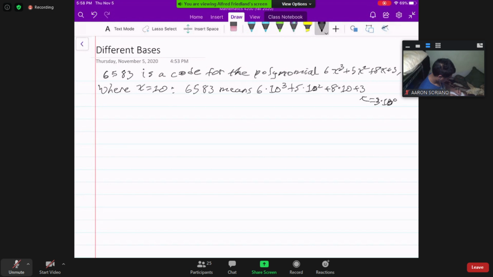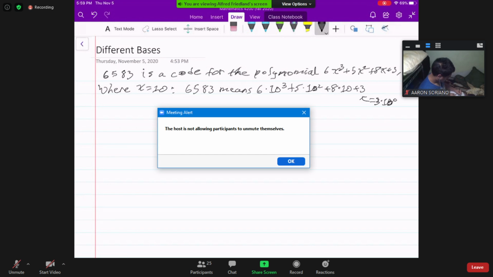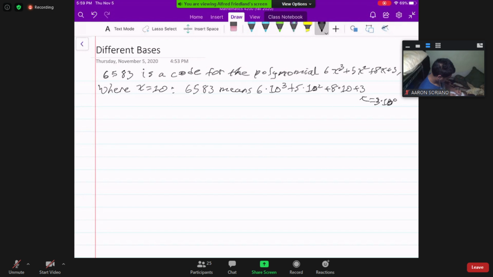from the 3, which represents a number of ones, and the 8, which represents a number of tens, and so on. So 5 is the number of 10 squareds, which is 100. Here, 5 times 10 squared. By the way, we won't be doing this because we're dealing only with whole numbers, but